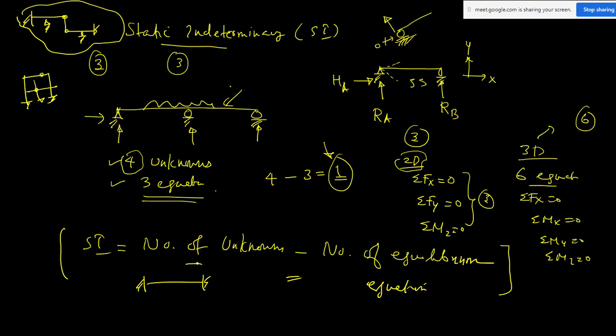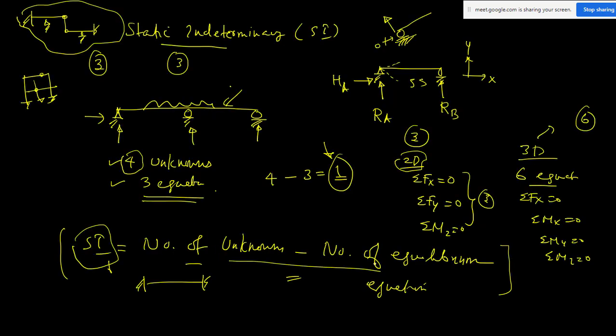In class you must have done only basic simple examples. Only for simple problems you can go with this equation. It is correct, but there are some easy techniques to solve any problem, and that method I am going to explain. It is a simple definition, but you cannot use it for a problem with so many internal hinges or vertical links acting. I will give an example for each and every case. So that is why I am going to define static indeterminacy slightly differently.